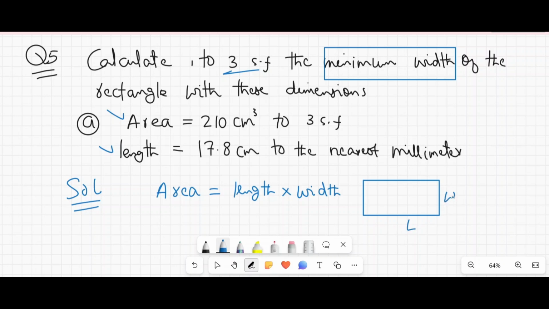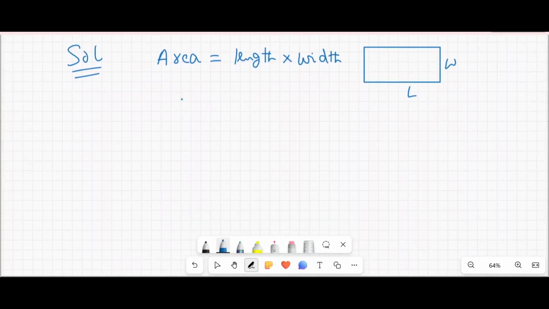This is length and this is width. But sometimes they flip, but that's okay, because I think these both are the same if you see them from some other angle, no? So now what we have to find is the minimum width, no? So minimum width will become